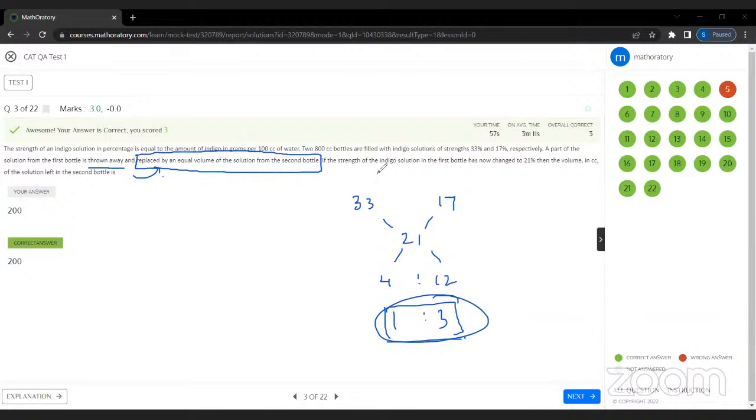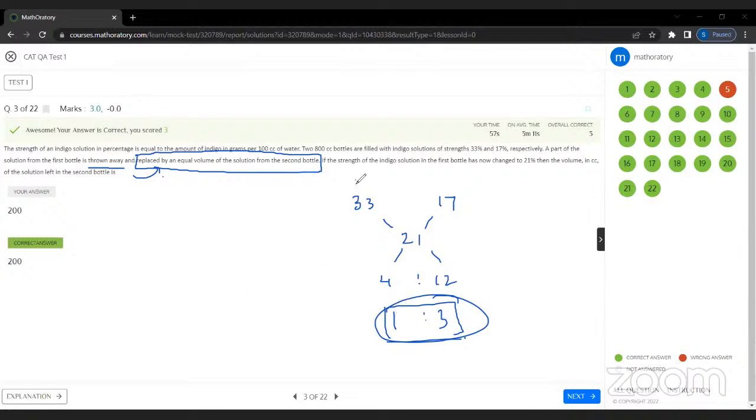So what are we looking for? The volume of the solution left in the second bottle. So we're looking for the second bottle, right? The second bottle se kya kar rahe? So see, put it in this way: whatever volume we removed from the first bottle, we added that much volume,